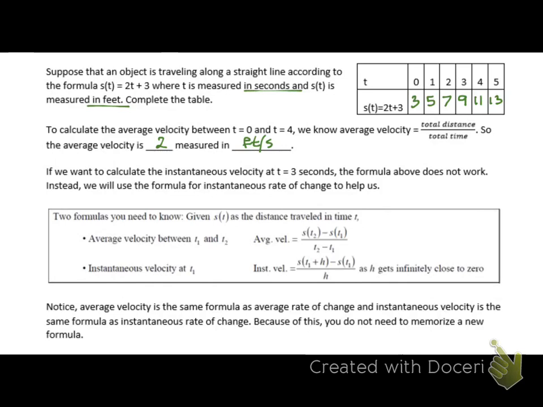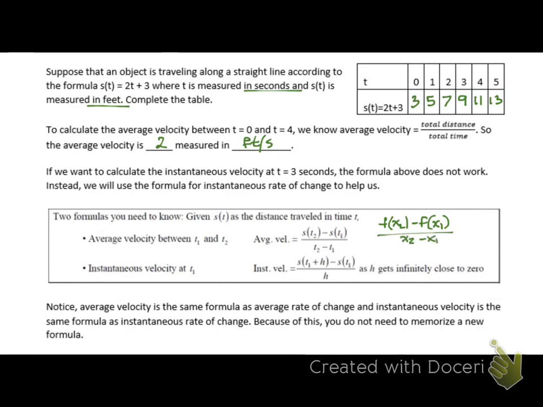These formulas are just meant to confuse you with different letters. If I write the formula that you know, f of x2 minus f of x1 over x2 minus x1,